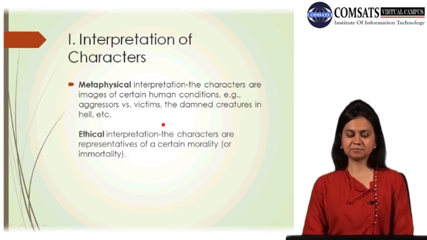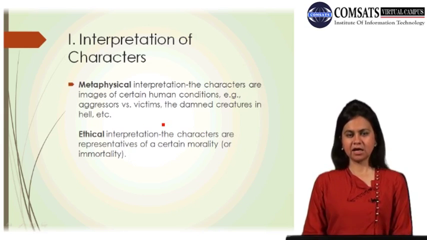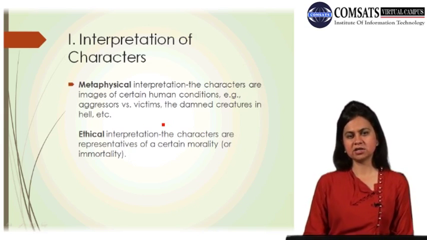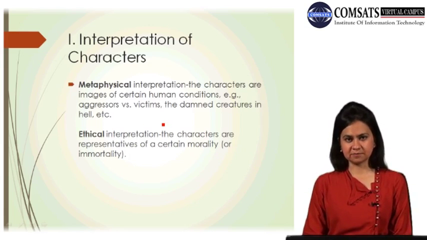observe the example of the novel Heart of Darkness by Joseph Conrad. In Heart of Darkness by Joseph Conrad, we come across certain characters who are revealing the ethical interpretation or the dimension of their characters. For example, we meet Kurtz, the major character whom the protagonist or the narrator of the story, Marlowe, is going to meet.